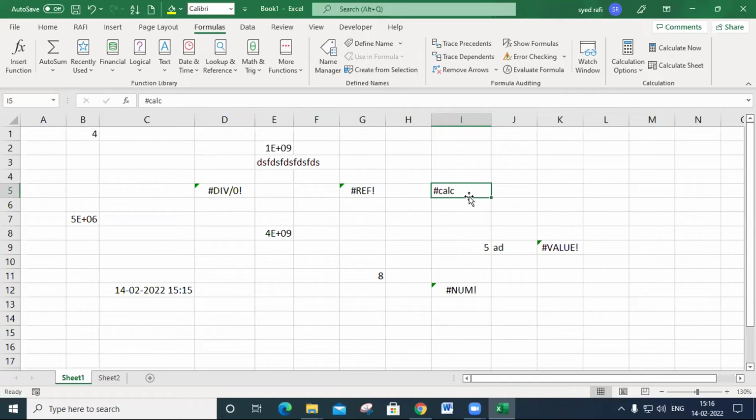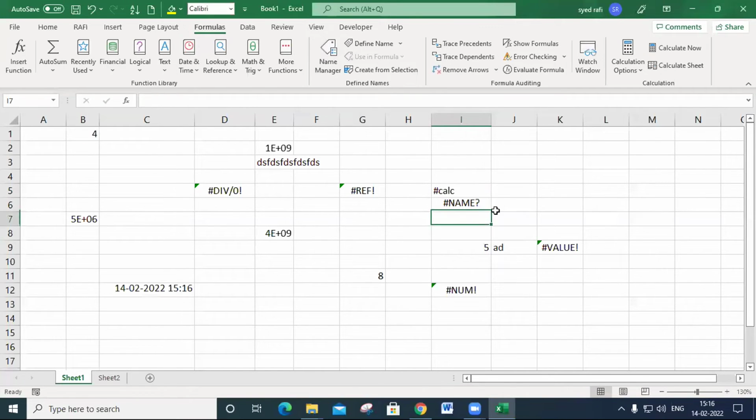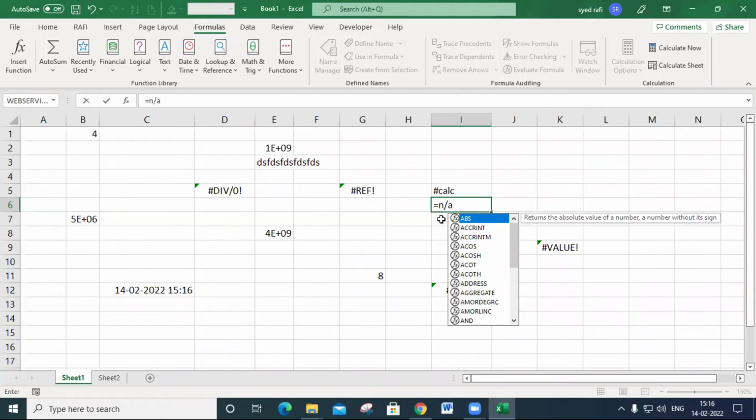It is similar to the hash N/A error, I will show you. So hash N/A is there, and both are equal. Hash N/A equals hash CALC. Hash N/A means the value is not available.